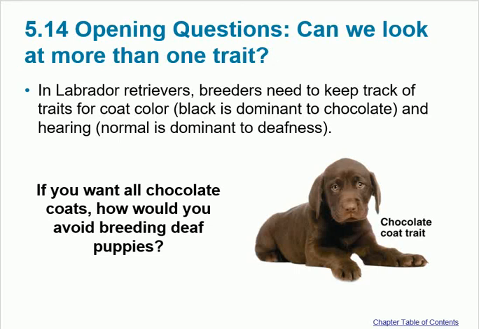So we are still talking about inheritance, and this is part 3 of chapter 5 of Bio131. So far we were talking about one hybrid only, which we called the monohybrid. So we're talking about one thing only, like the eye color, like the skin color, one thing only. And this is not usually the only thing that's actually inherited. We can talk about different things at the same time. So like in this example here,